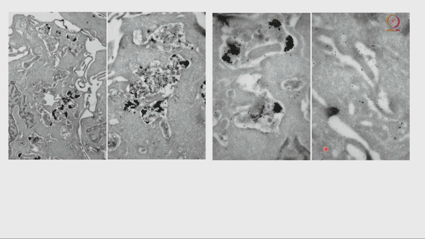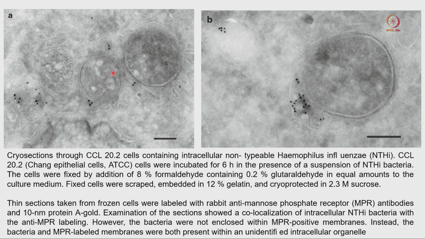There are two images where you can see different kinds of cell sectioning and different positions of the cell, and there is another example where you can see different kinds of vesicles. This is a cryo sectioning. In this cryo sectioning of the cell, you can see there are lots of vesicles inside the cell. Using that cryo ultramicrotome we did the sectioning and we are representing those images. So this is how we should do the cryo sectioning to visualize the inside of the cell.